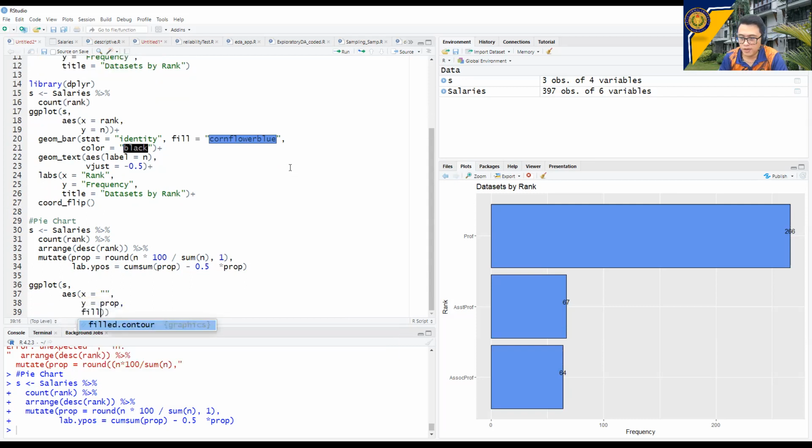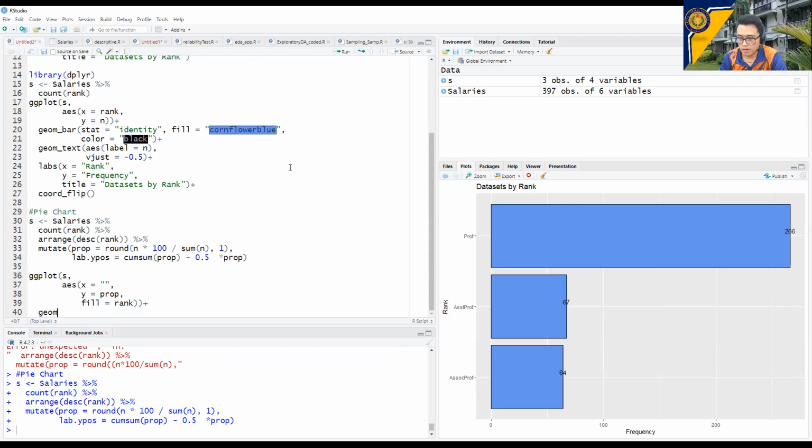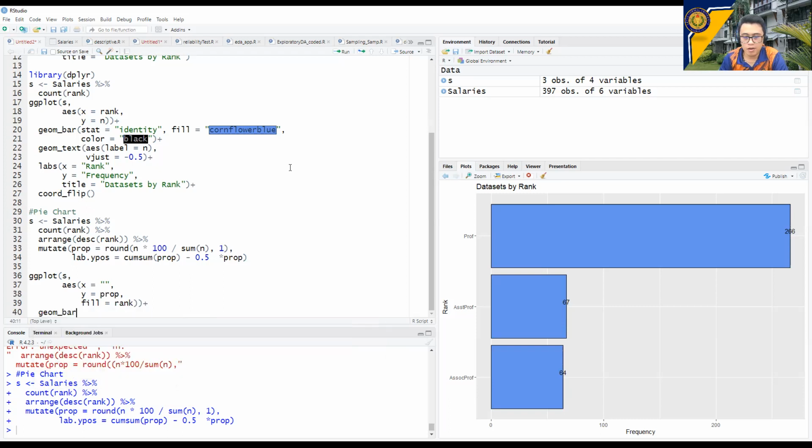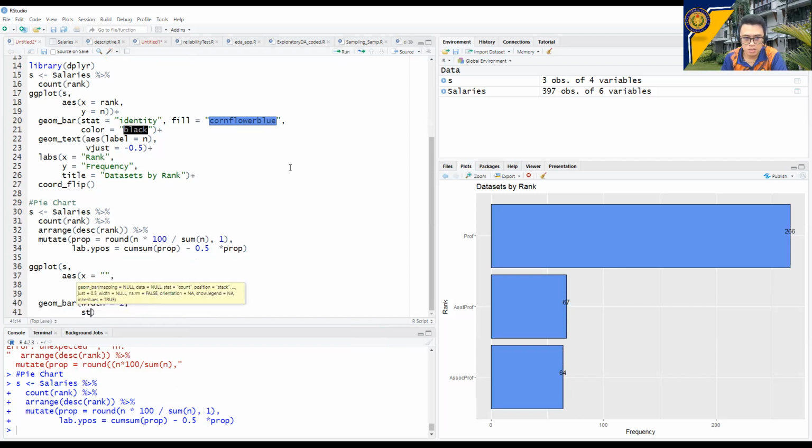And then we fill it with rank. All right. Then with our geom bar, yes, the width is 1. Stat is equals to identity,